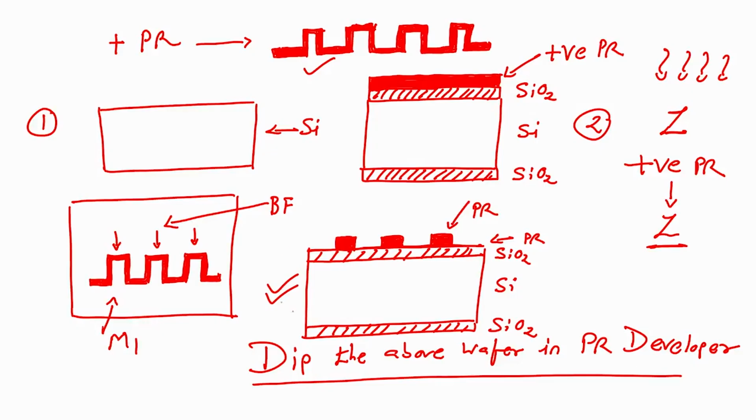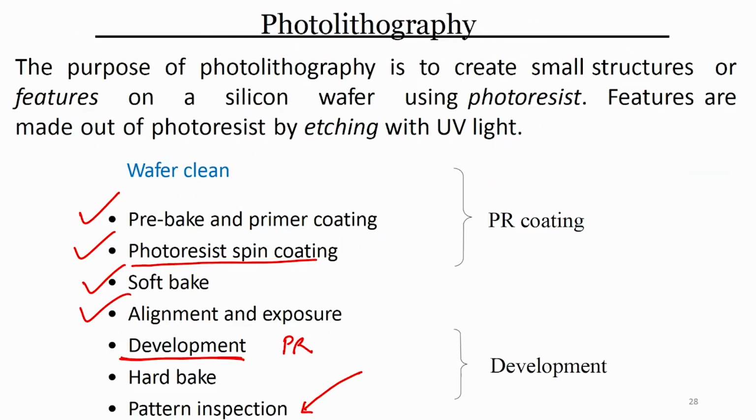And then I have to see whether my photoresist is completely developed or not, is perfectly developed or not. That is called wafer inspection. So, if you go back, what have I done? I have done pre-bake and primer coating, photoresist spin coating, soft bake, then alignment and exposure, right. Then we have developed the photoresist,